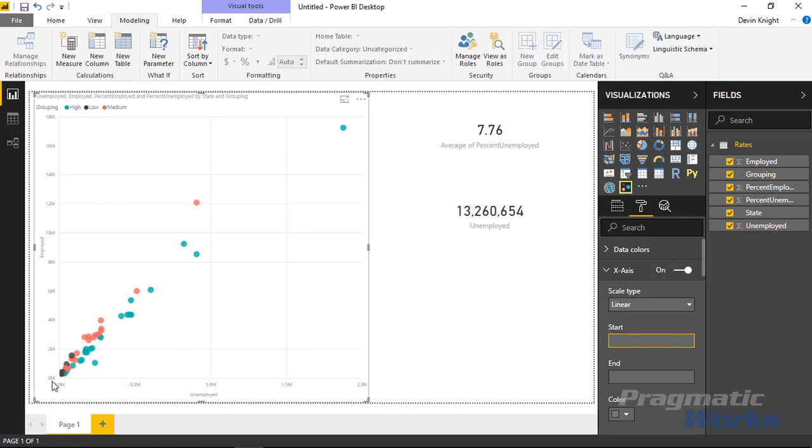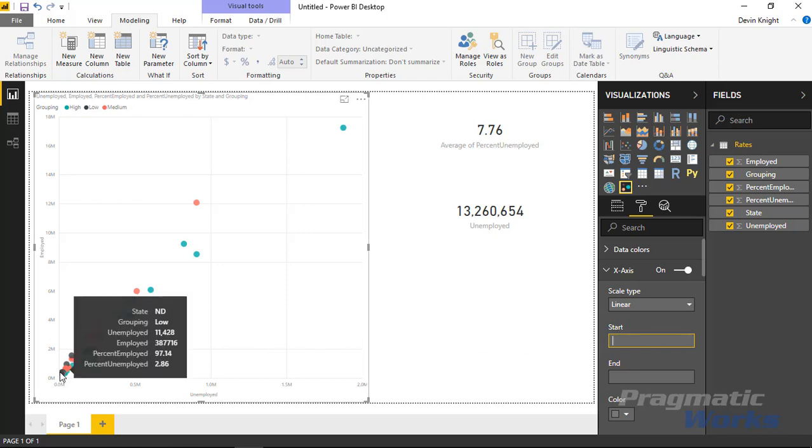So where do you want it to start? Right now, we're starting at 0. You could change that, however, instead of starting at 0 to start at 10 million, if you wanted to vary the chart a little bit. You can adjust some of the things there. In our case, it really makes sense to start at 0 because we have some states that have a particularly low unemployment number, a pure number of people. And so we want to start more at that 0 range so it's easier to see in the bottom